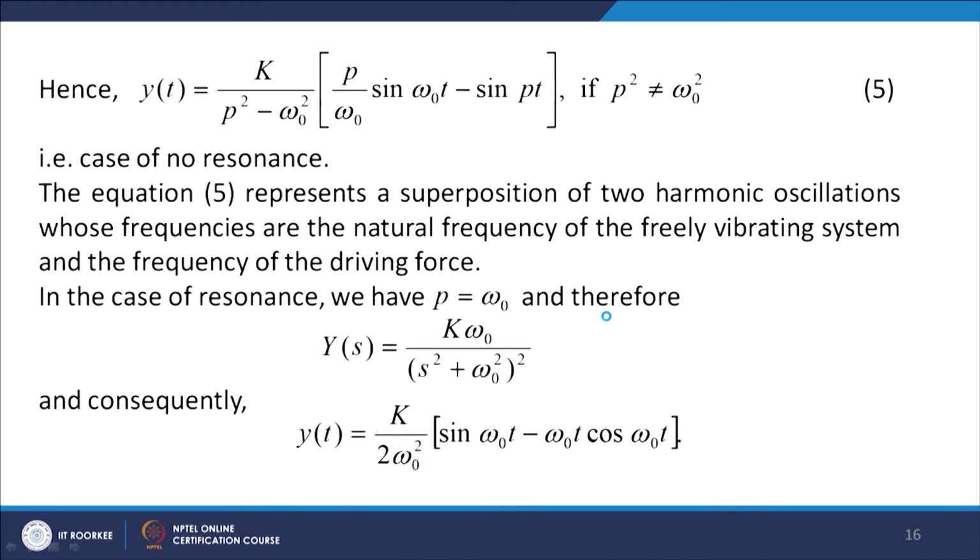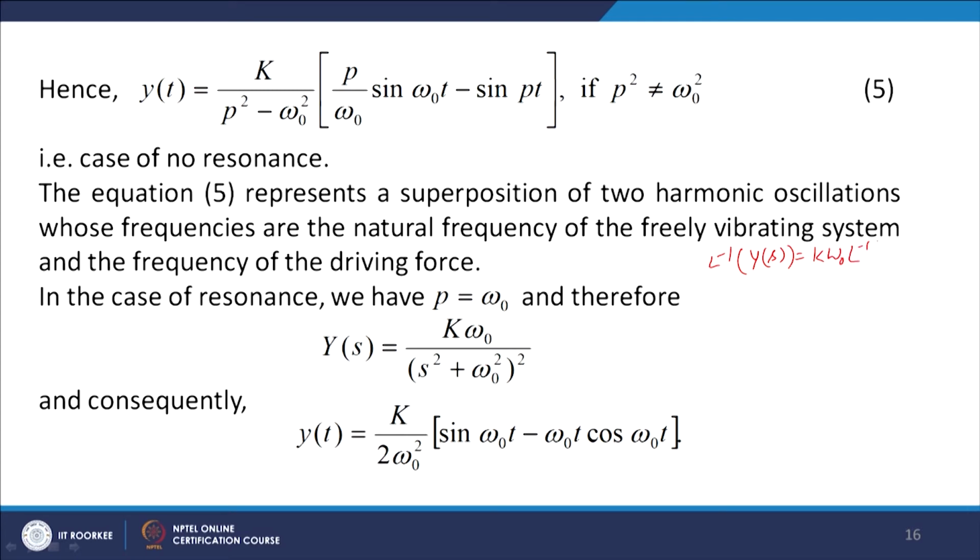So, we will get Y(s) equal to k omega naught over (s square plus omega naught square) whole square, and when we take the inverse Laplace transform of this, we get y(t) equal to k over 2 omega naught square times (sin omega naught t minus omega naught t cos omega naught t). Let us see how we get this. So, L inverse of Y(s) is equal to k omega naught, which is a constant, so we can write it like this,